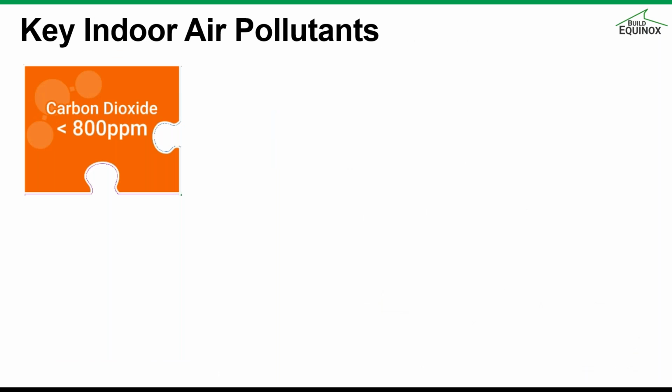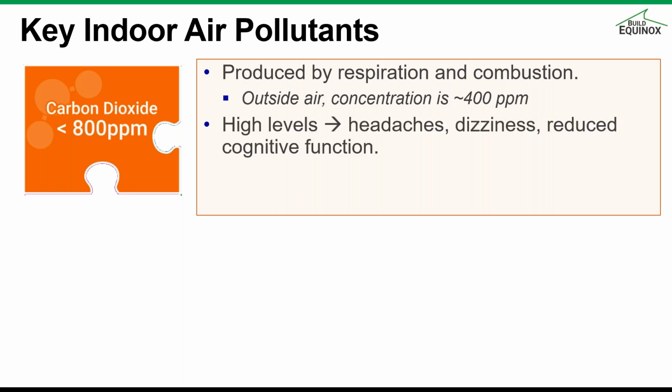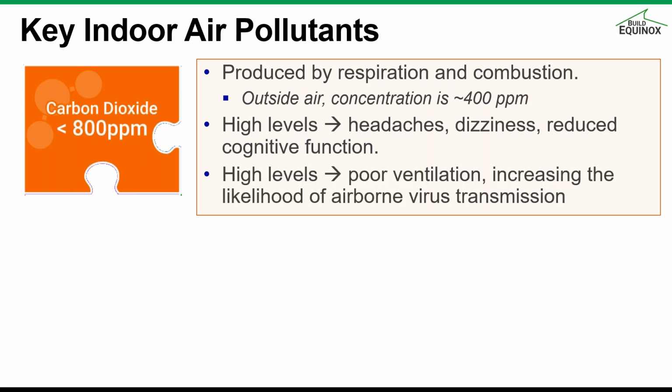Carbon dioxide: we want to keep carbon dioxide below 800 parts per million. Usually carbon dioxide comes from respiration and combustion. In outside air, the concentration is about 400 parts per million. That one is increasing because we're still adding carbon dioxide to the atmosphere, so it's increasing through the years. High levels will give us headaches, dizziness, reduced cognitive function, and